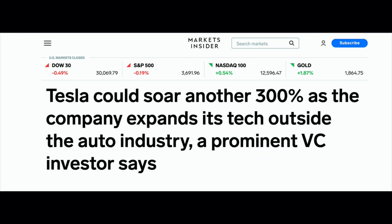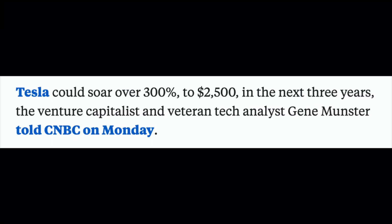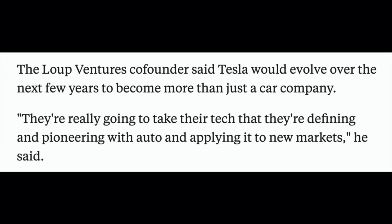Now, on to Tesla news. Tesla could soar another 300% as the company expands its tech outside the auto industry. Analyst Gene Munster says Tesla could soar over 300% to $2,500 in the next 3 years. Munster said Tesla would evolve over the next few years to become more than just a car company. He cites that they're really going to take their tech that they're defining and pioneering with auto and applying it